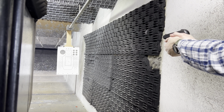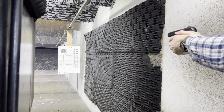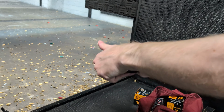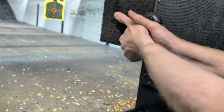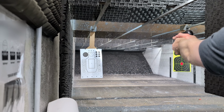Also, I quickly learned to reload it with the slide locked back, because this thing does not want to let you rack the slide on a full magazine. Let me show you what I mean. Yeah. However, the real pain doesn't begin until it's time to take it apart, because this gun disassembles unlike any